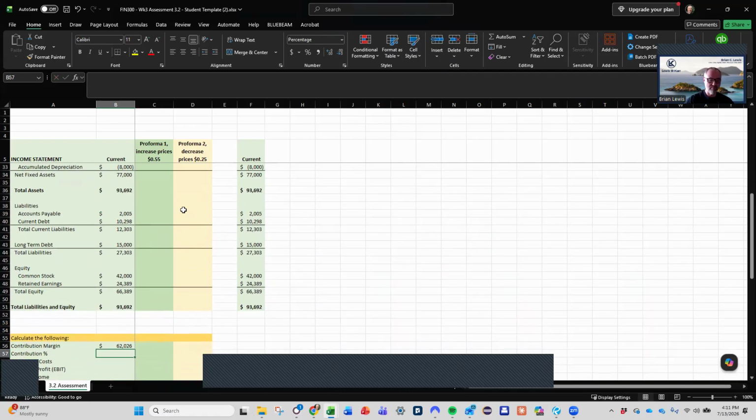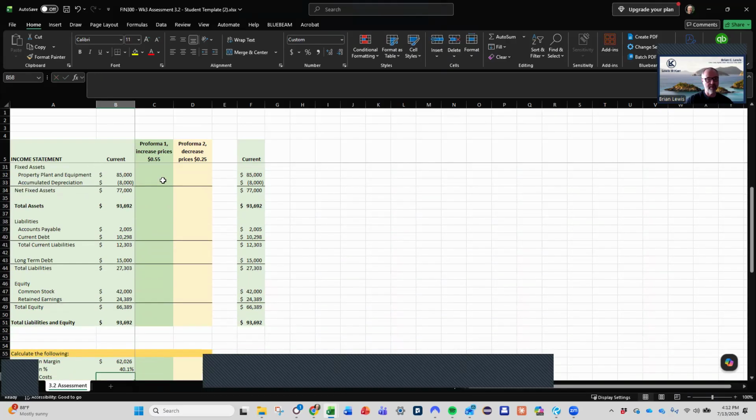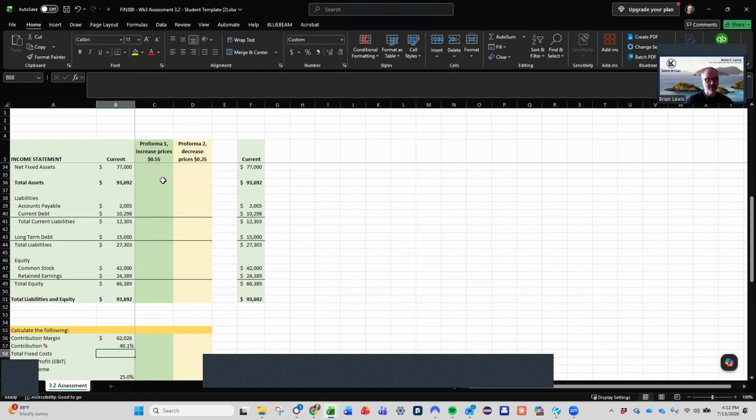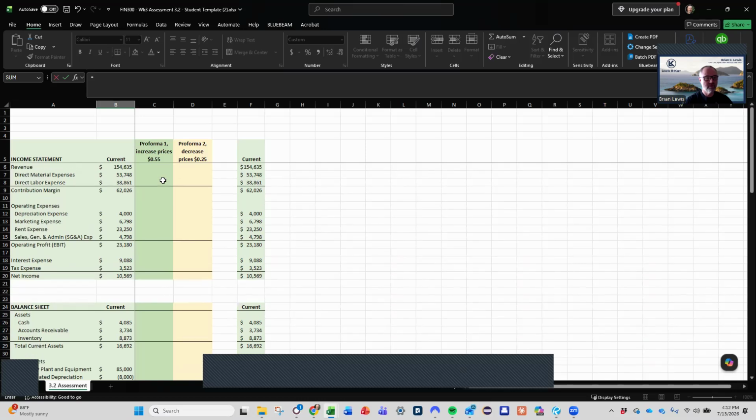Okay, our contribution margin, we will take that divided by our total revenue. Okay, 40.1%. Our total fixed cost is going to be these fixed costs. We're going to call it,